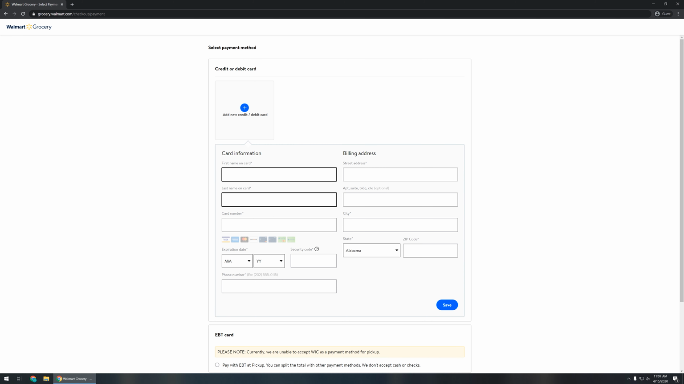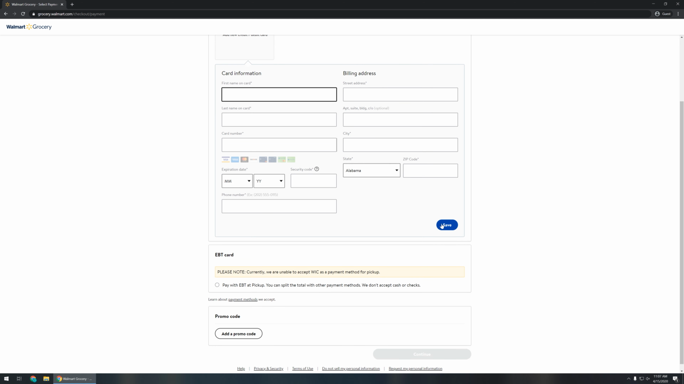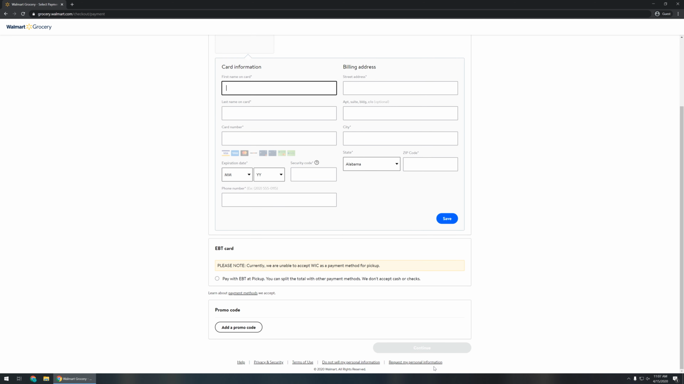So add your new credit card information, throw all that in there. Once you've got that, you can click on save and then click on continue, and you've officially placed your first